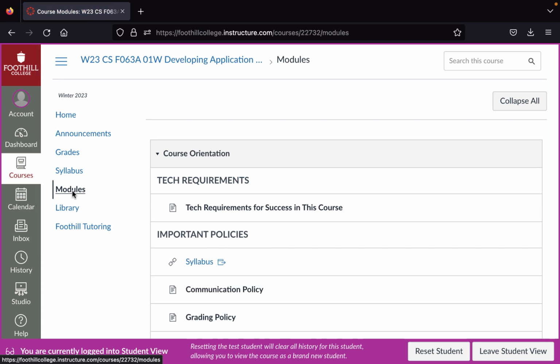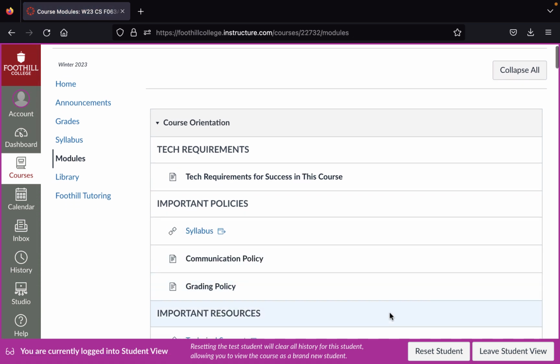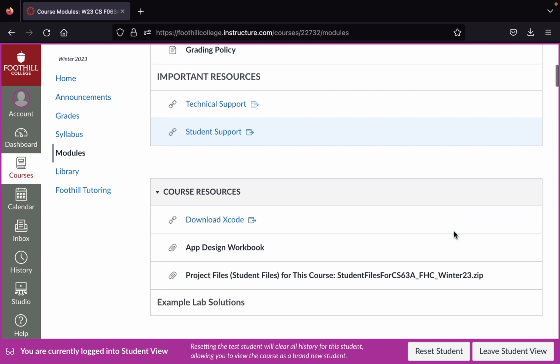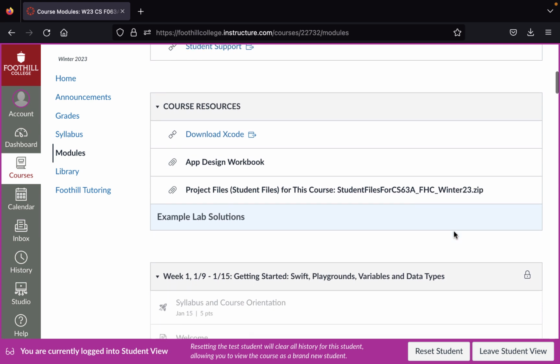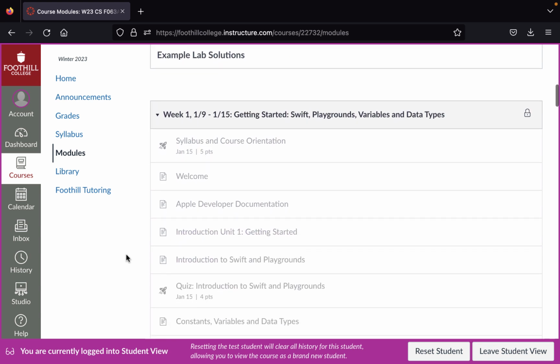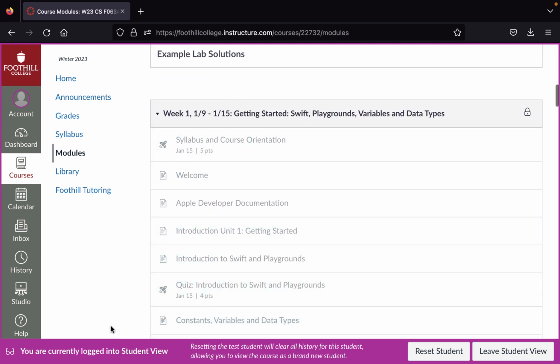So once you click on modules, you'll see lots of information about the course. Under the course orientation module, you'll see all of the details that you're probably interested in right now and that we'll cover in a minute after I make sure everybody understands how to navigate their way through. The next module are some course resources that we will use as we go through the course. And then you'll notice additional modules set up from week to week that are dated, so you'll always know where you are. And at least at this moment, the material within is kind of grayed out.